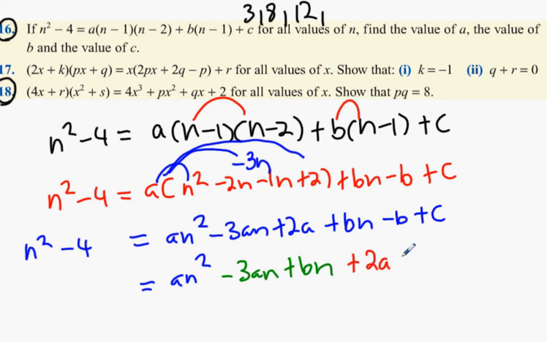2a minus b plus c. Do you see the 3 different parts? The ones that have the n squareds in them are in blue. The ones that have only n in them are in green. And the ones that have no n's in them whatsoever are in red. Yeah? So what I suggest we do with this is